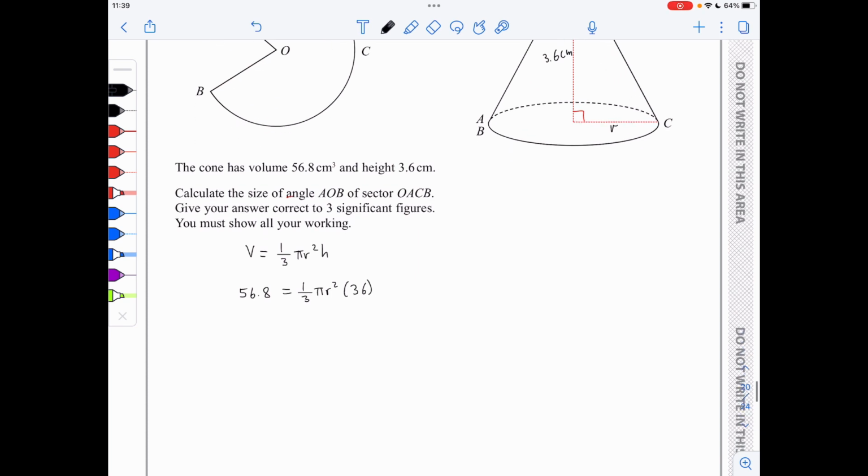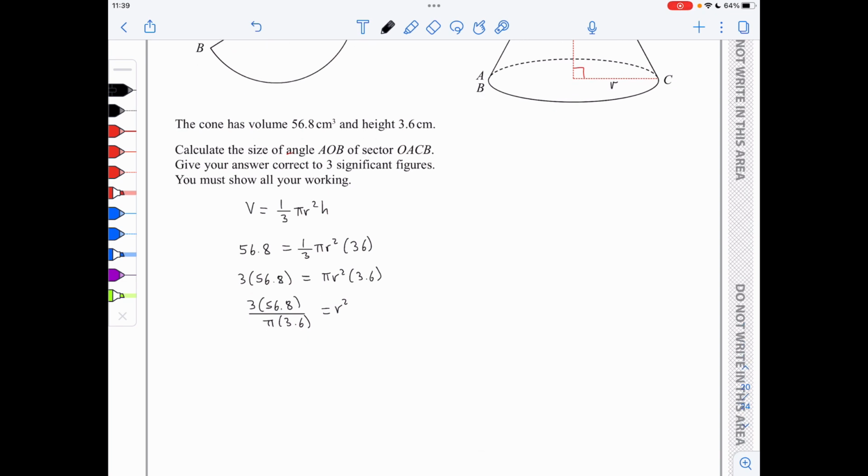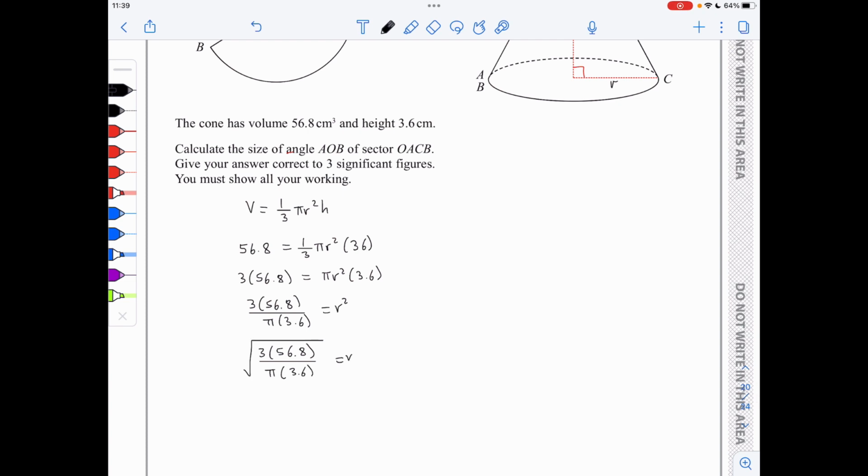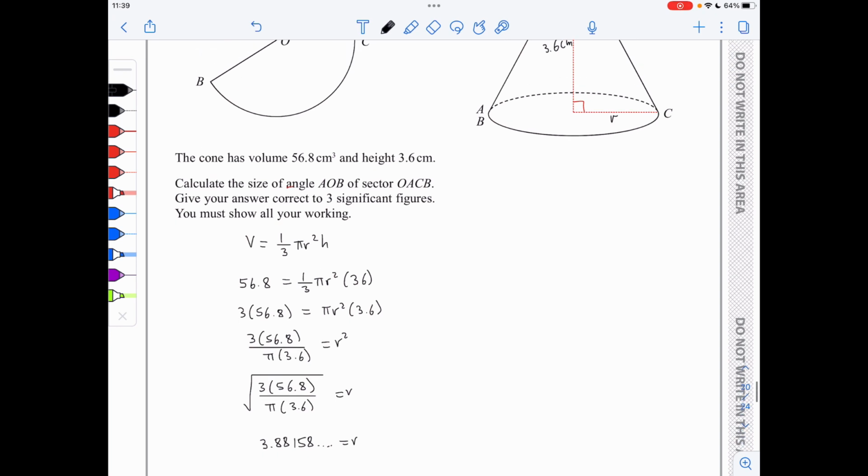So I can cross multiply to get 3 times 56.8 is pi r squared times 3.6, which leads to 3 times 56.8 over pi times 3.6 is equal to r squared, and therefore we can find r by taking the square root of the left hand side. So it's going to be the square root of 3 times 56.8 over pi times 3.6, and this gives a value of 3.88158 for r. So I'm going back to my diagram. R is